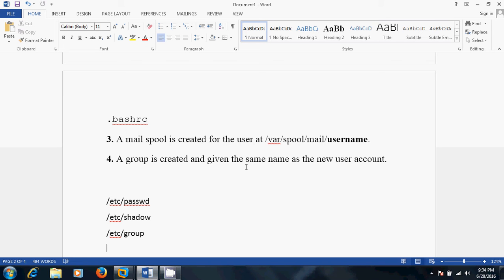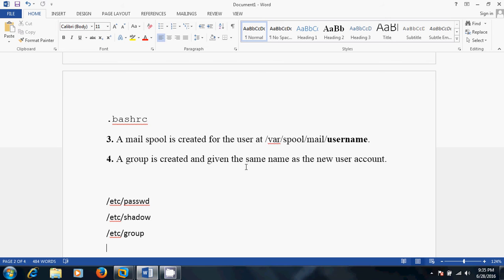Okay friends. Now let's move to the Linux files responsible for user management. There are three files responsible. First one is /etc/passwd, /etc/shadow and /etc/group. What are these files?